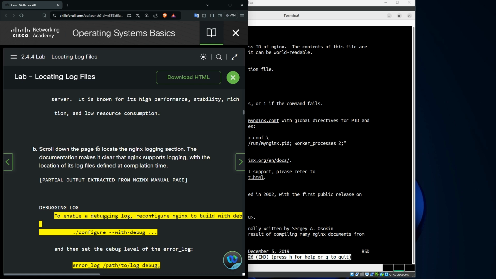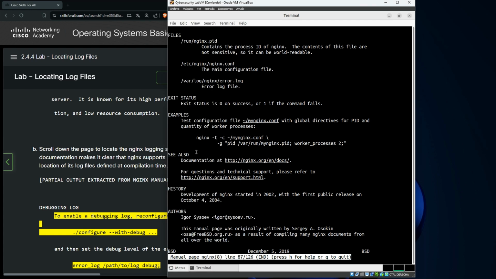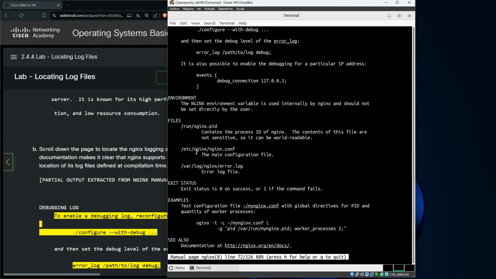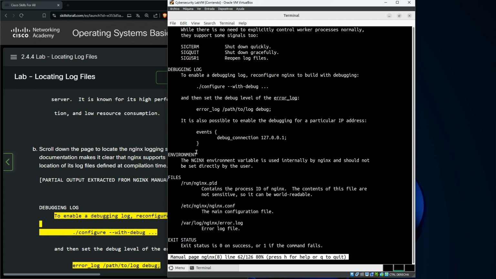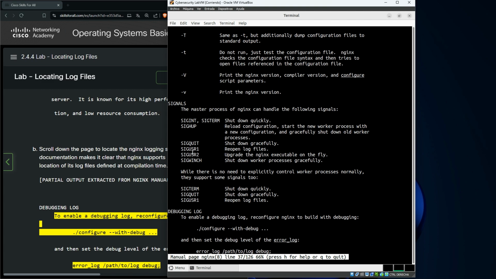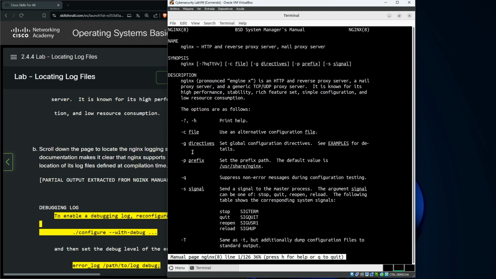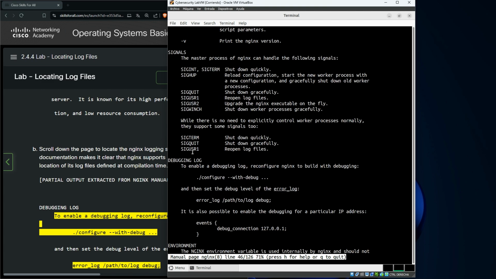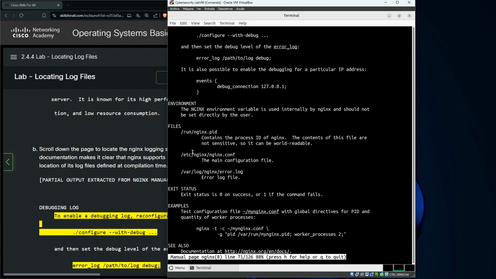Okay, scroll down the page to locate the nginx logging sections. The documentation makes it clear that nginx supports logging, with the location of its log files defined at compilation time. Okay, go to find logging. Signals, description, synopsis, okay, environment, files,